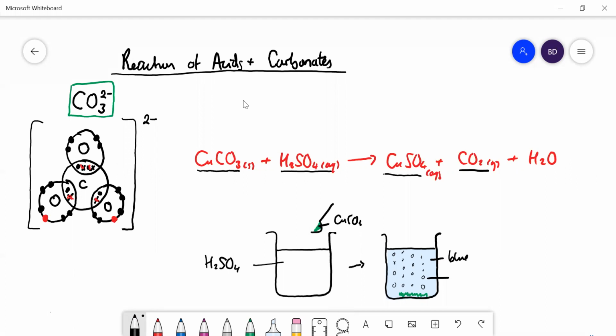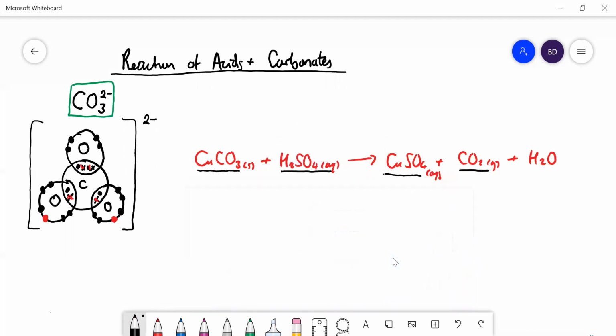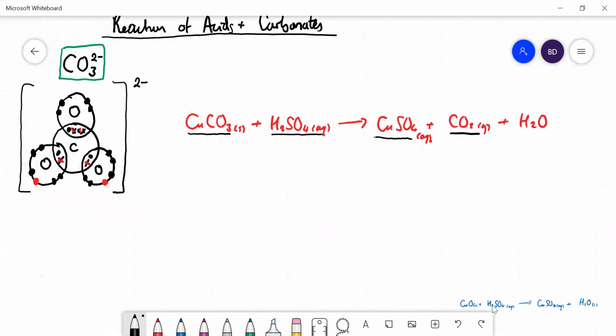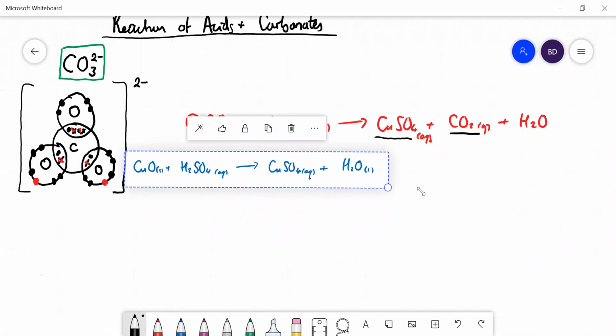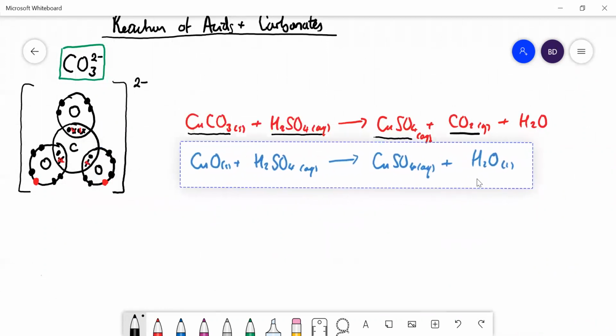Okay, now just to show you how similar that is to the reaction of metal oxides. So here's the reaction of the metal oxide. Copper oxide plus sulfuric acid gives you copper sulfate, and it gives you H2O. The only thing you don't get is the CO2. And if you look at the